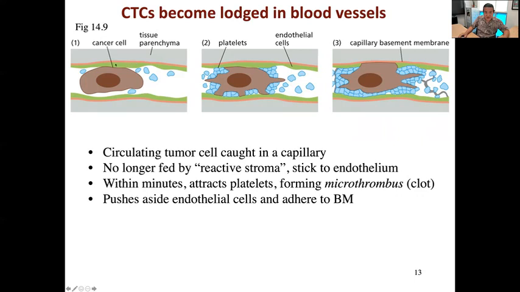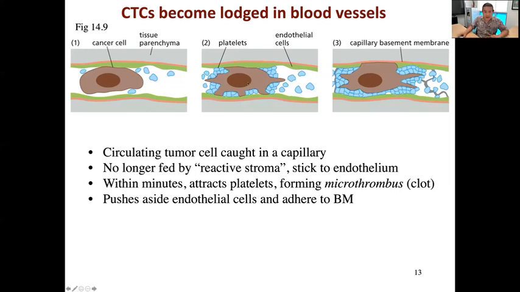So here you have the wall of the capillary. The green represents the endothelial cells on either side of it, right? And then the pink would sort of represent the boundary, right, of that edge of the endothelial cell. And then the gray on either side of it would be the tissue surrounding the capillary, which is oftentimes just called the parenchyma, right? It is the tissue surrounding the blood supply.